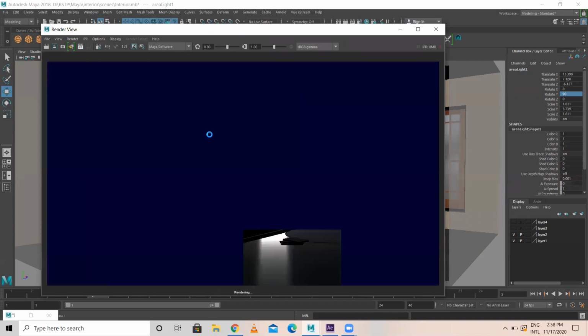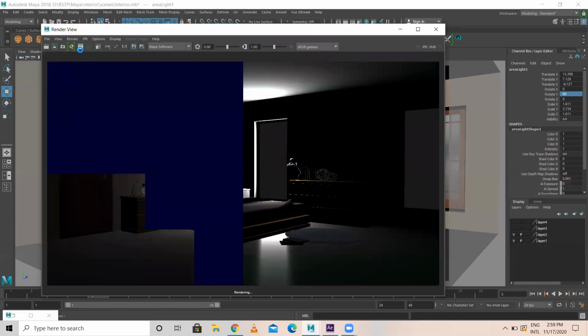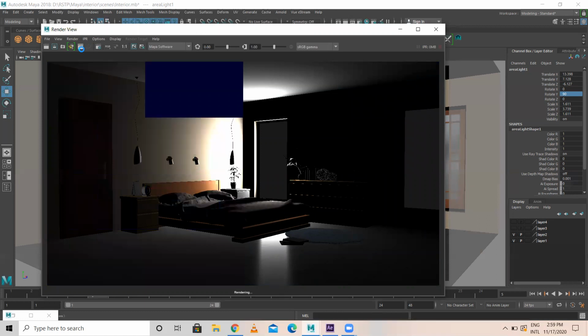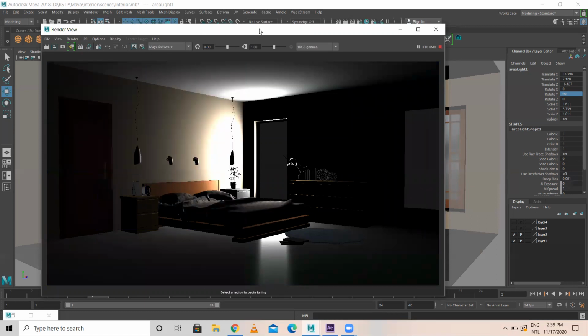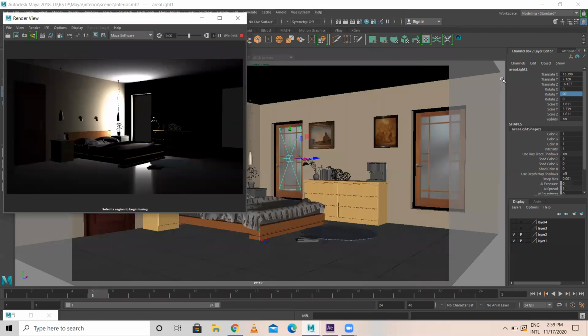IPR stands for Interactive Photorealistic Rendering. So whatever changes I do to the scene or to the light, automatically it's gonna update here. Now I have selected the light.